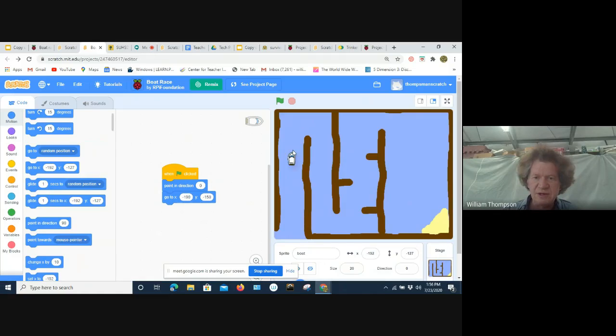If I were to drag this boat somewhere else and hit the little start button here, it sets it in that direction, which it was already pointing in, and then it drags it to the position on the screen, -190, -150.